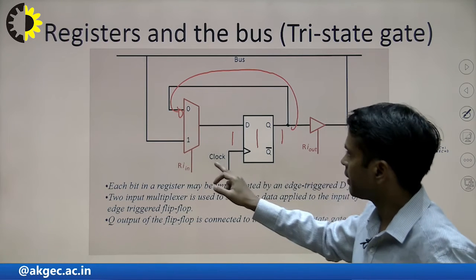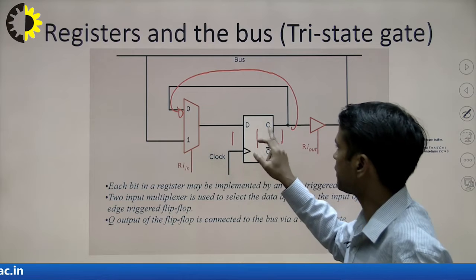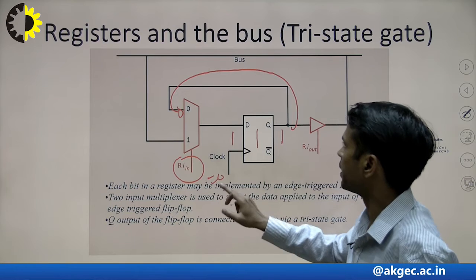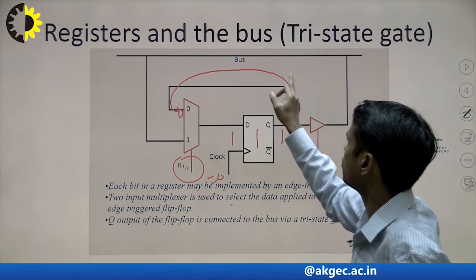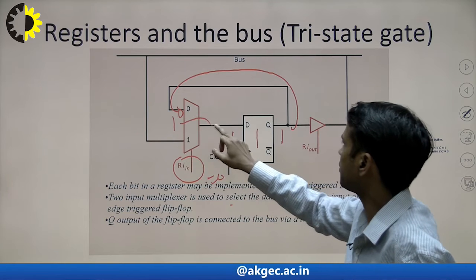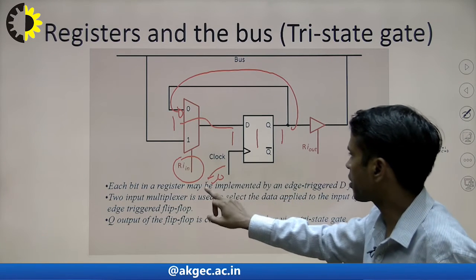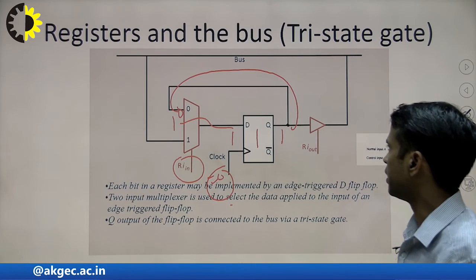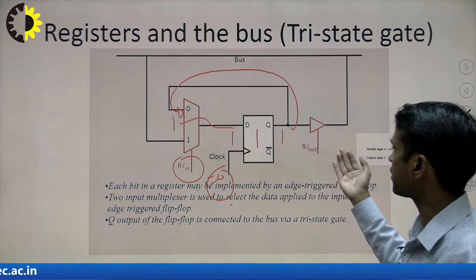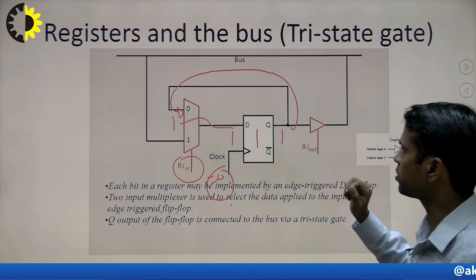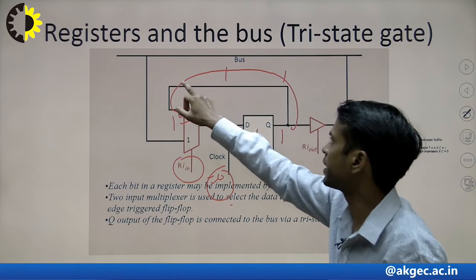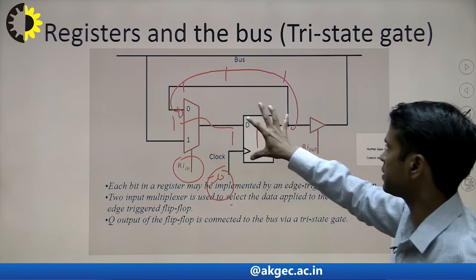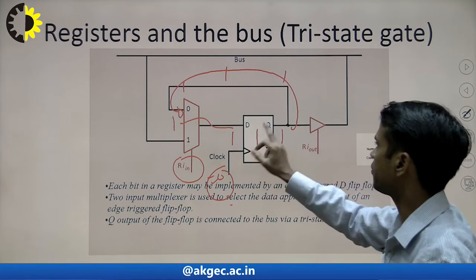Now, after the data has been received and stored here, this is set to 0. So, what will happen? This 1 will move here and that will come once again here. So, with every clock, till a new clock signal is available to transfer data and RI out is not enabled, this 1 will move here in circular fashion. So, this D flip flop will maintain the state of 1 by circulating the value of 1 which is stored here.